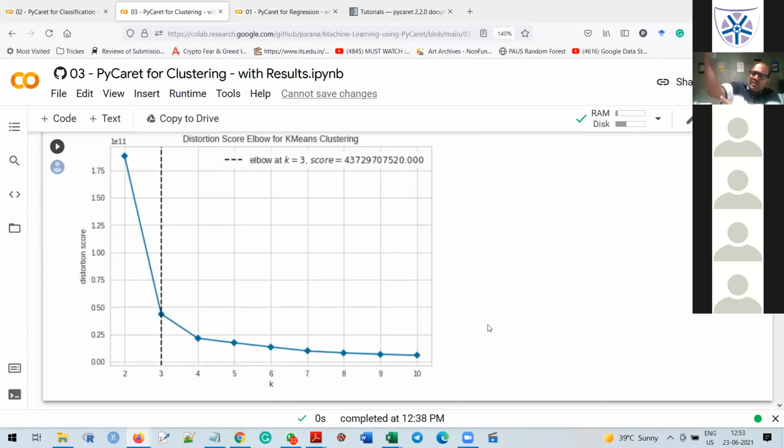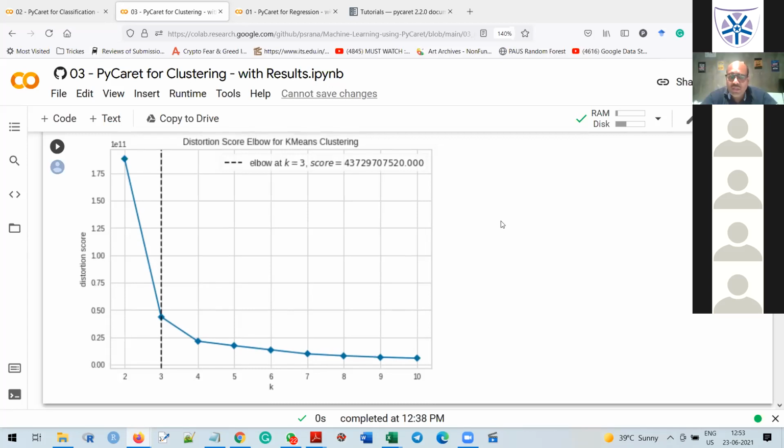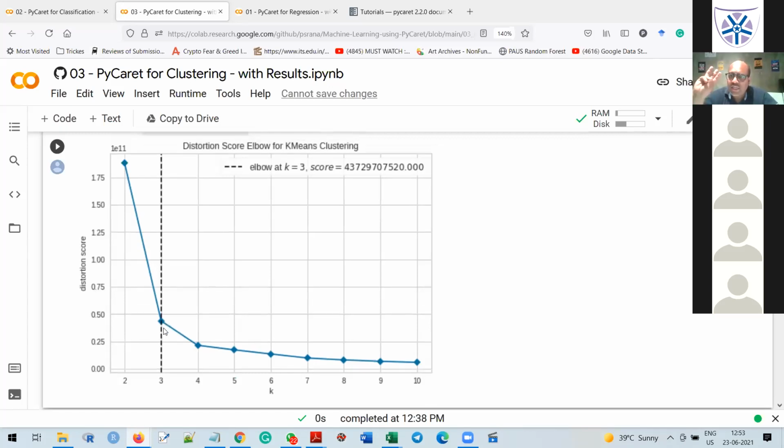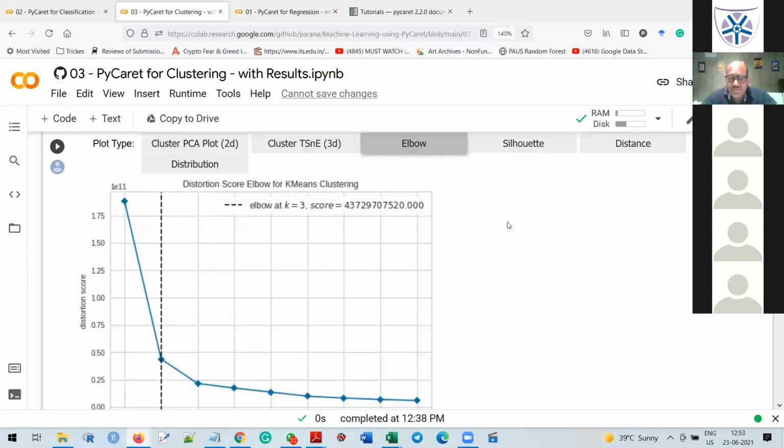The elbow plot is the curve where we get the maximum angle. You will find 3 should be the optimum number of clusters. If I choose cluster equal to 3, I will get the maximum score.